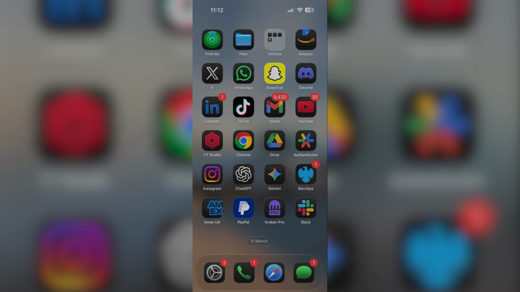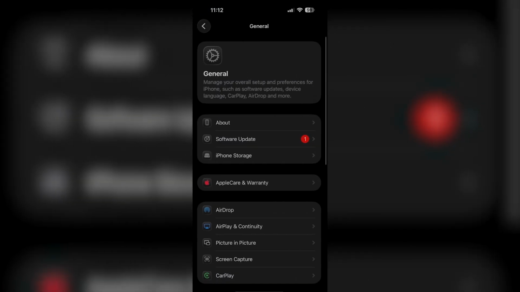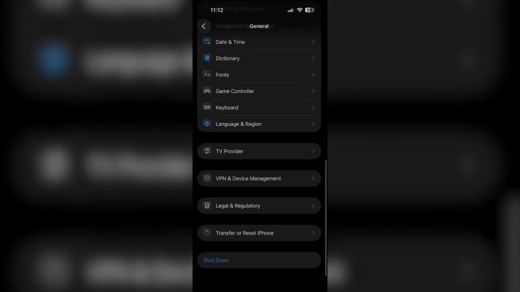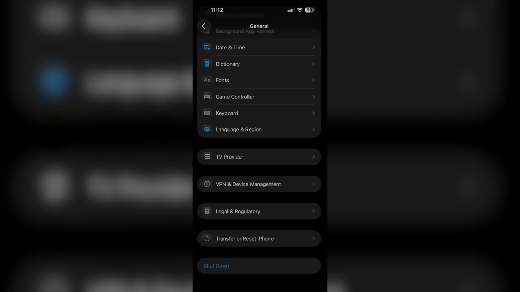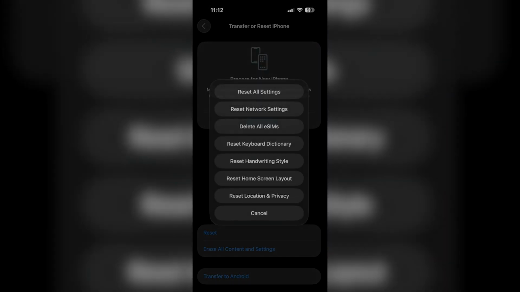So disconnect your iPhone from your computer, then go over to Settings, scroll down and find General. Once you're in General, scroll down and tap on Transfer or Reset iPhone. Then tap Reset, which is the first option, and then you're going to see Reset Location and Privacy. Then just enter your passcode. Once you've done that, all you've got to do is reconnect your iPhone to the computer and the prompt